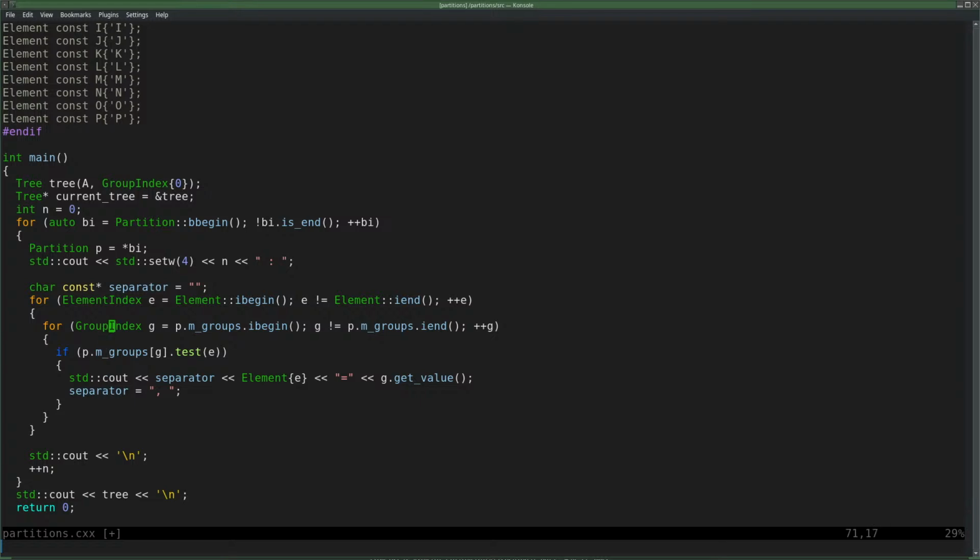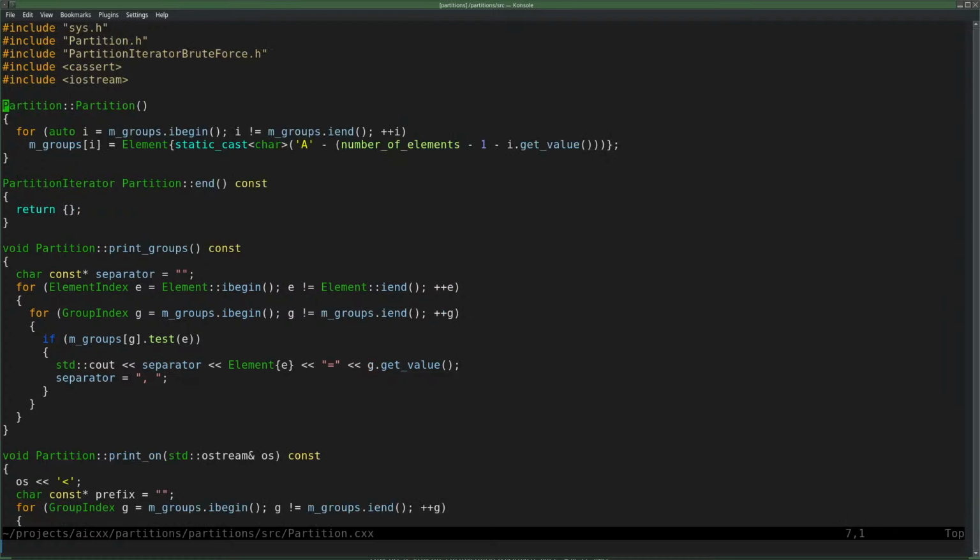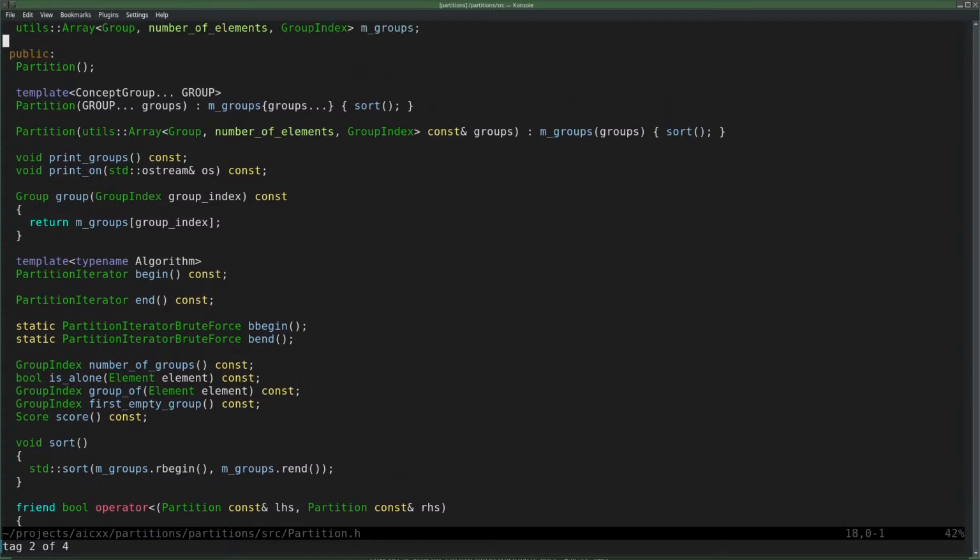Yep. So whatever P is, partition. I need a way to get to m groups. At least I need to get an I begin and an I end on it, and I need to access it by group. I need to get a group, iterators, and the group itself from an index. I can get a group by group index, and